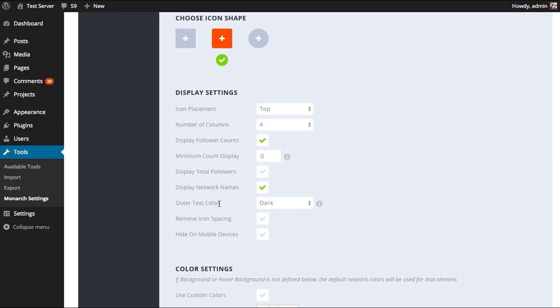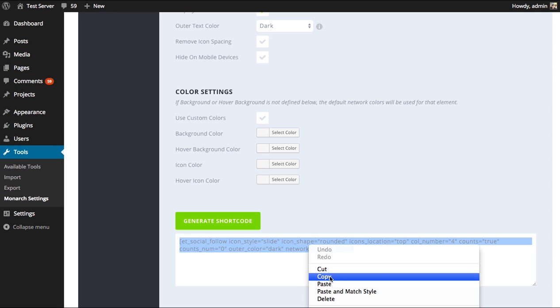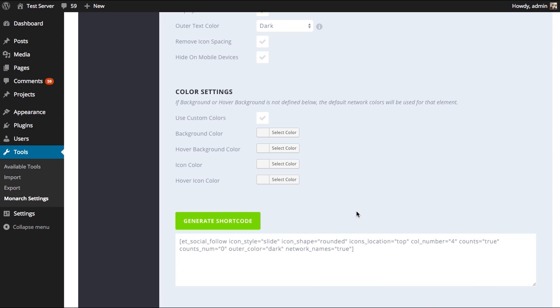We chose our outer text to be dark since our background color is white. We chose not to remove the icon spacing and not to hide it on mobile devices. We didn't use any custom colors, which means it'll use the default network colors. We clicked Generate Shortcode, and it gave us this shortcode. Now you can just copy that shortcode, right-click, copy, and then you can paste it within any post or page